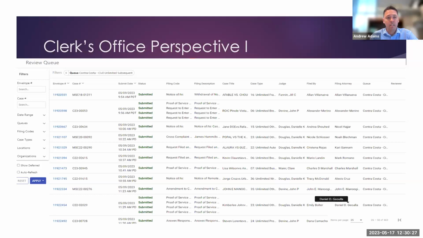Some of the other things: I've had people ask how do I make sure my documents are filed timely? As I was saying, we do that daily triage when we look back at the previous day's filings to make sure there's nothing that's not coming up for court. We try and catch as much as we can. If things aren't labeled quite right, it makes it a lot more difficult for us.